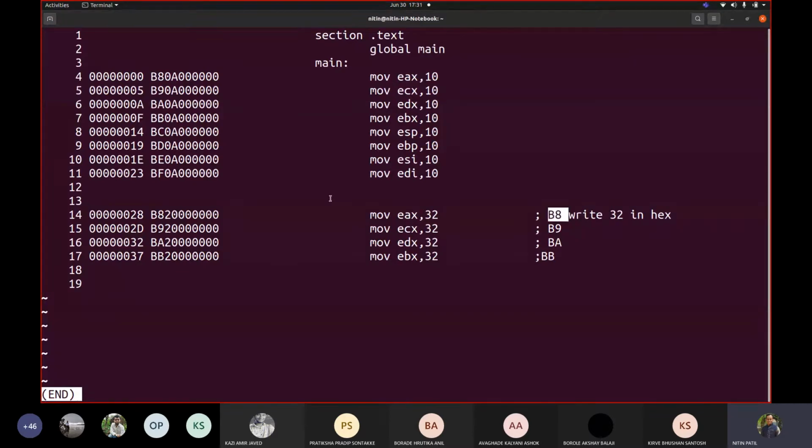See, we could directly say B8. Now this 20 was the conversion for this 32, because 10 was for 16 in hex, correct? This was for a digit 10, 0A, but when we have 16 after F, it goes beyond, correct? So 10 was for 16, that ultimately would be 20 for 32. So this B8, B9, BA, BB. So yes, we could solve one puzzle. Like how exactly opcode is computed for such an instruction when you have move register, comma immediate value. We could successfully resolve that.